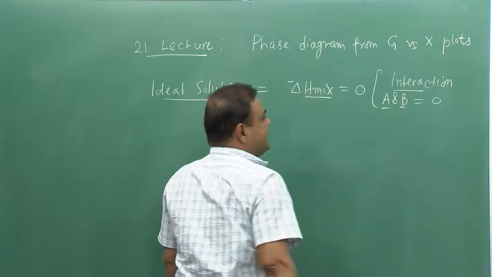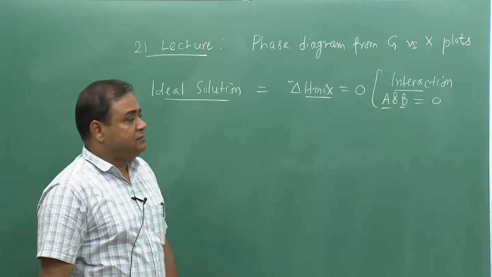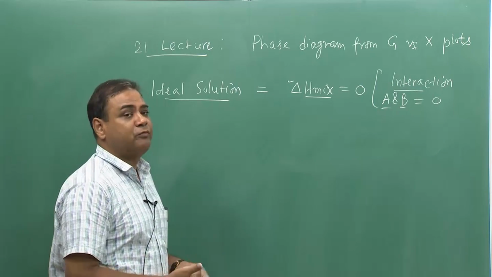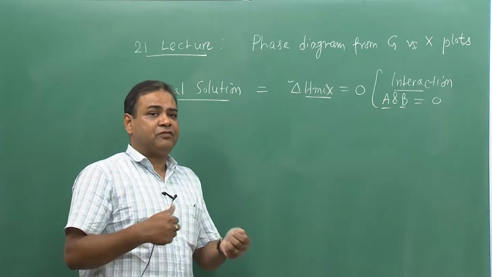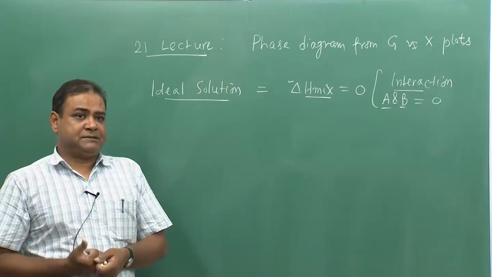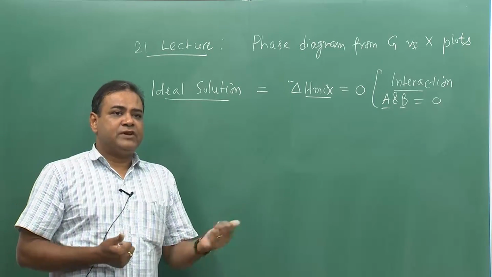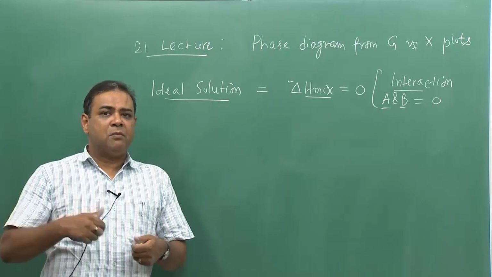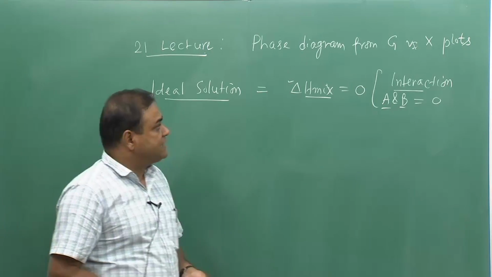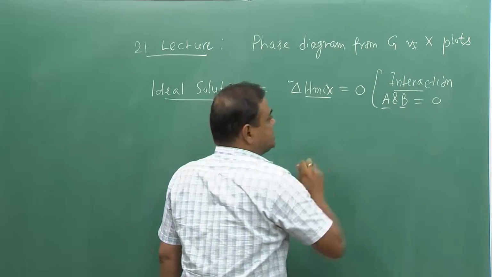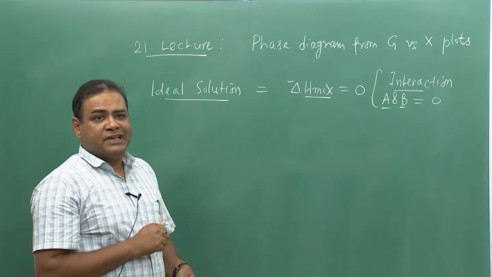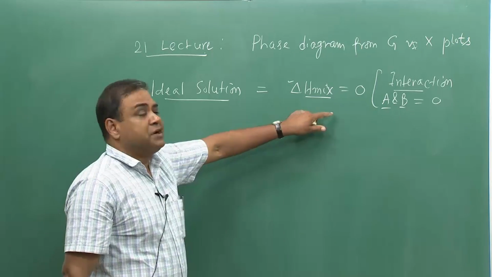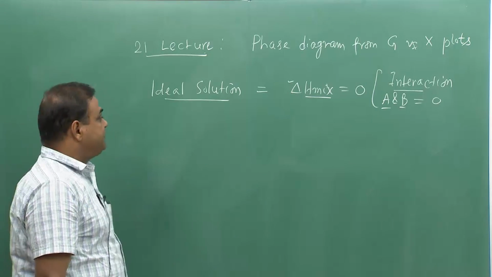So, if A metal and B metal are joined together or mixed together, if they form a solid solution, let us say they form an isomorphous system. So, that means in the liquid as well as in solid, in both the cases they have complete solubility. So, that time the interaction between A atom and B atom is 0, and that particular condition we will consider. And that case,